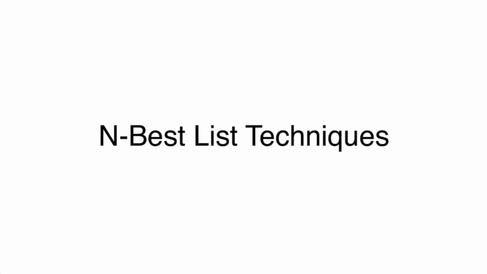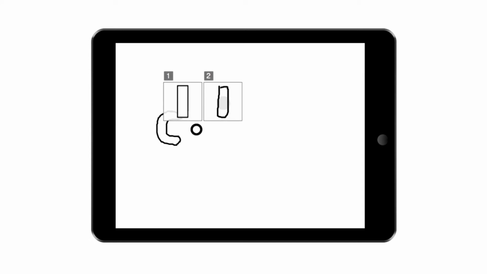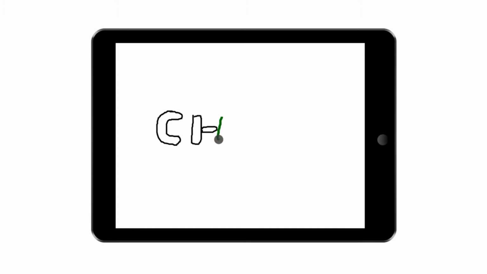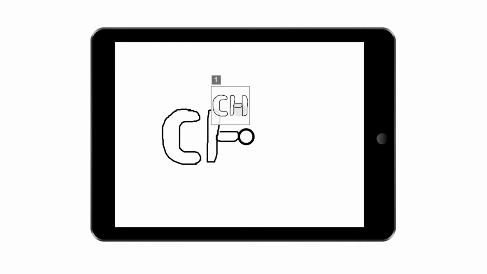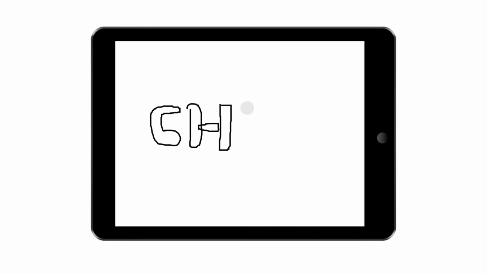One family of techniques we implemented is best lists. Here are a few more examples of this technique. When a user executes a touch gesture and several interpretations are likely, the system allows the user to disambiguate. The best list can show just the components that changed, the entire interface, or show the entire interface and highlight changed components.